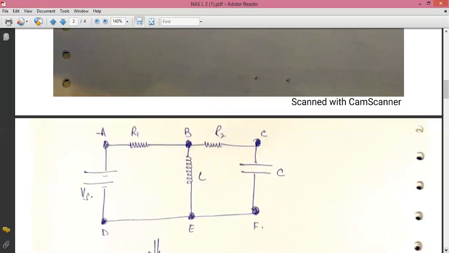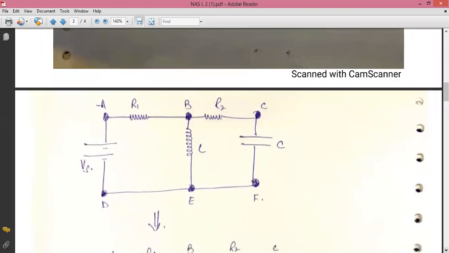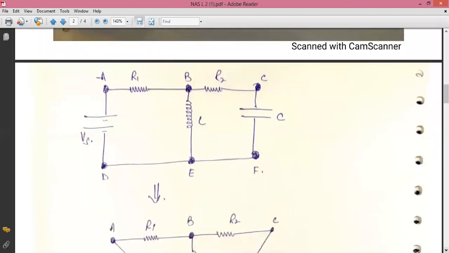These are all called nodes, because I had already explained to you, nodes are those points where two or more than two branches meet. But at the same time, point B and point E are junctions, because here we have three branches. But as I had already explained, every junction is a node. So A, B, C, D, E, F are nodes, whereas B and E are called the junction. Now in network topology, I can treat B and E also as a node. Is it clear? Yes, sir.